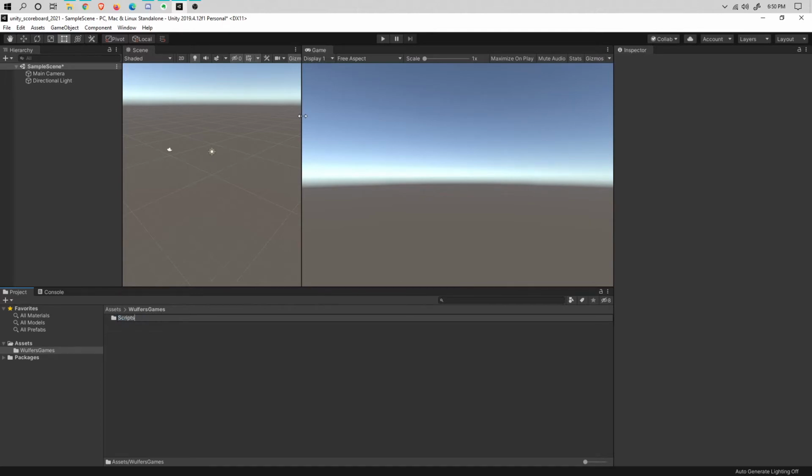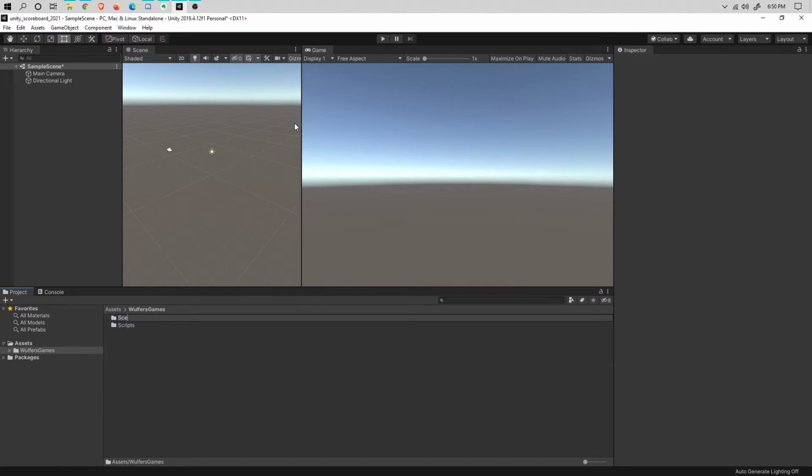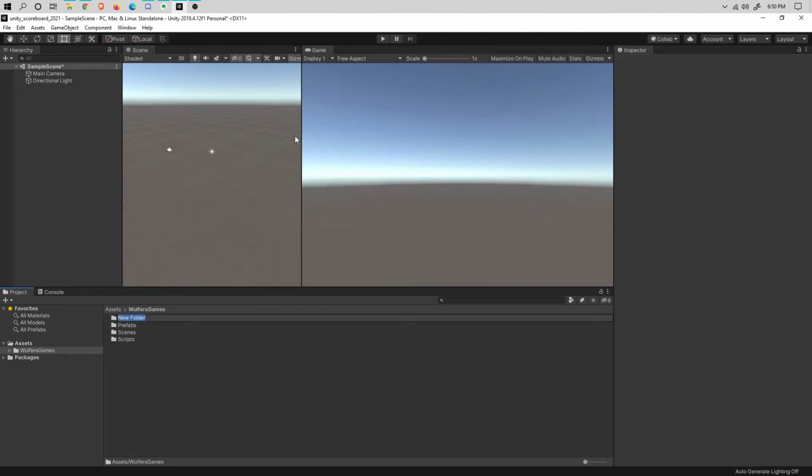So we always want to have our scripts folder. We always want to have our scenes folder. We always want to have our prefabs folder. And we always want to have our resources folder. And in here, we're going to be creating 2 scenes, but for now we don't really have to